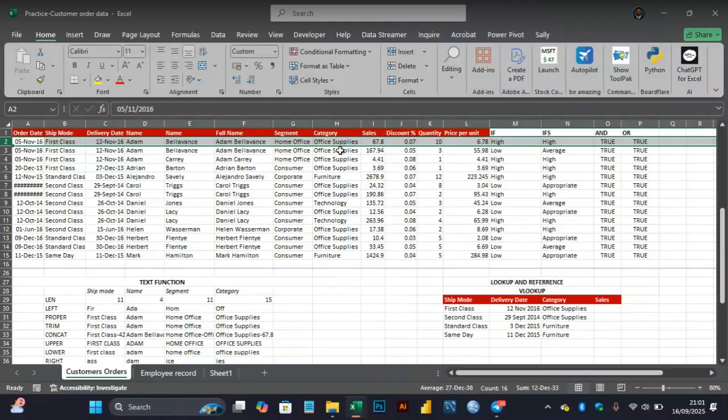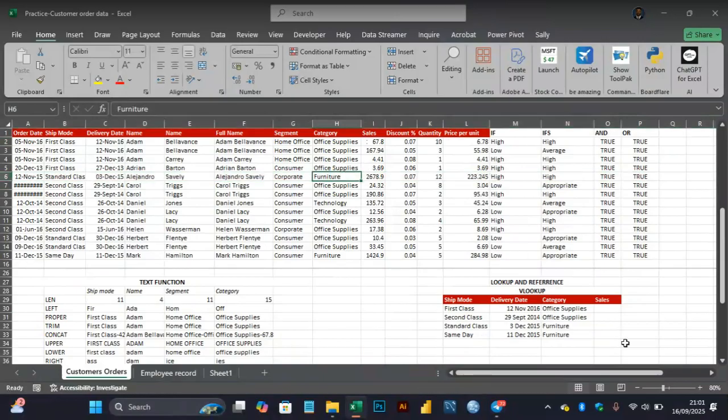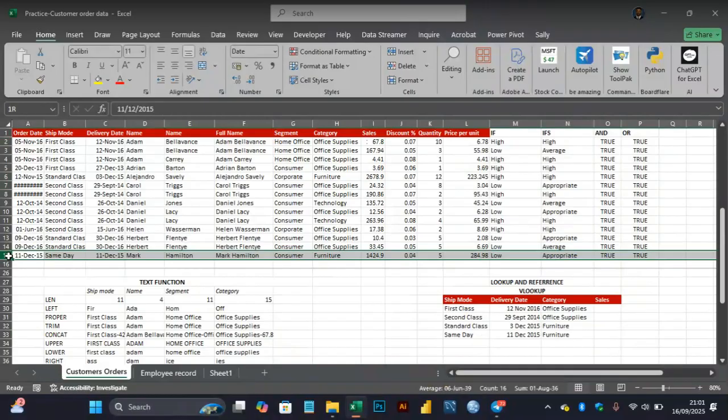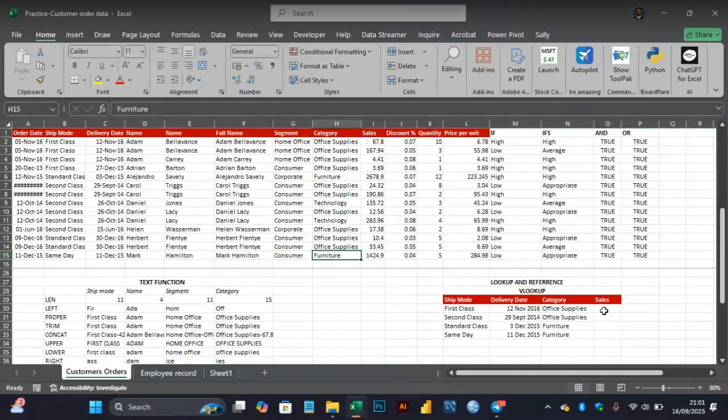Same office supply. Then for furniture, standard class, 3rd December 2015. Let's see. Okay, furniture, awesome. Then same day, 11 December 2015. Then we have this furniture. So you see how using the VLOOKUP function helps us to populate the results we are looking for in